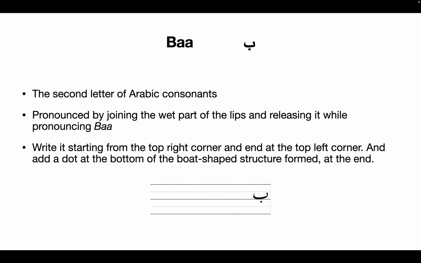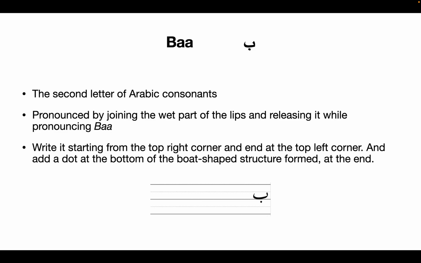Okay, ba. So this is the starting point or the pronunciation point of ba. Ba, the wet part of the lips. Now let's move on to how to write. So in the margin or the straight line that we have from left to right or right to left, ba has two components: a dot, as you can see, which goes below the line, and a boat-like structure that